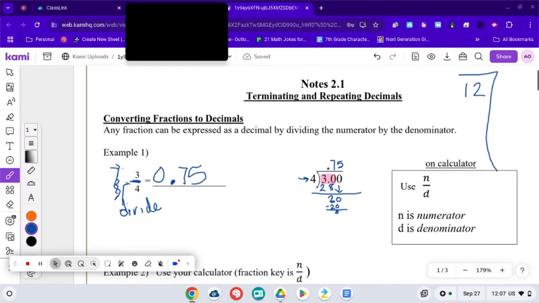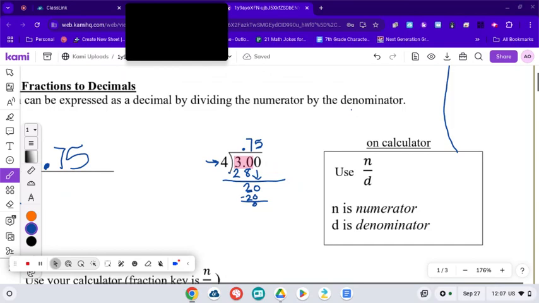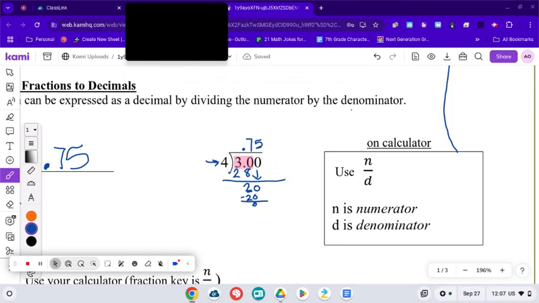Okay? So I'm going to pause this and see if I can bring up the calculator on here, because I don't think I can. Okay, so the bummer of me doing this on my Chromebook is that I can't show you the calculator. But if you look at your calculator, you go down to the 3rd row, and the second button over says N over D. That N stands for numerator, D for denominator. So hit that key,